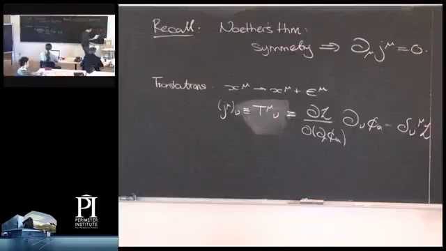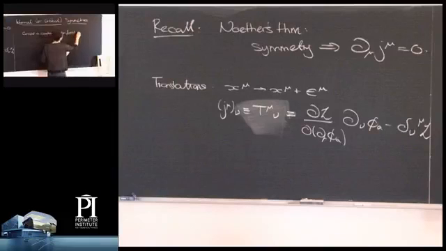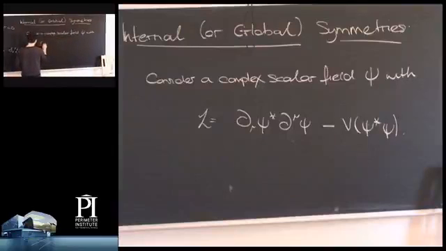OK. Good. So I'm just going to give a particular example. So consider a Lagrangian with a complex scalar field. And the Lagrangian is going to take the form